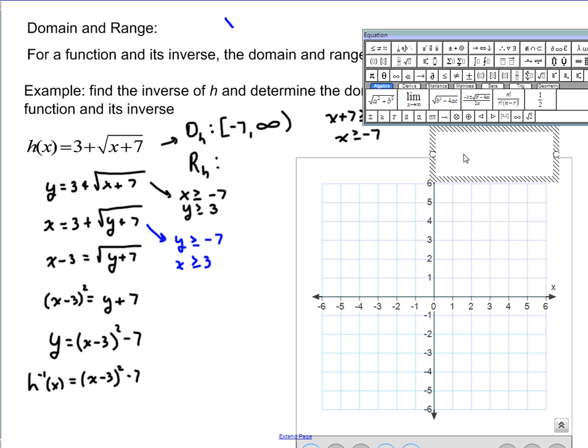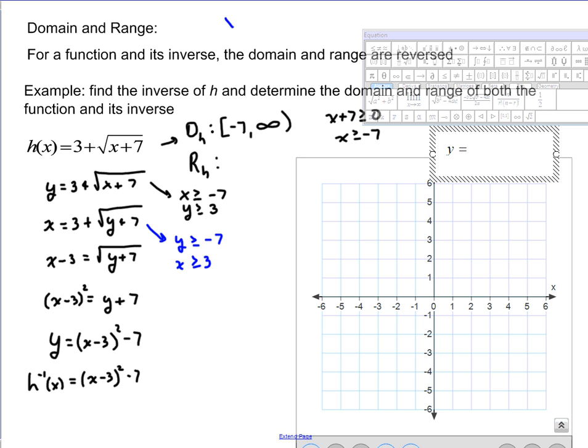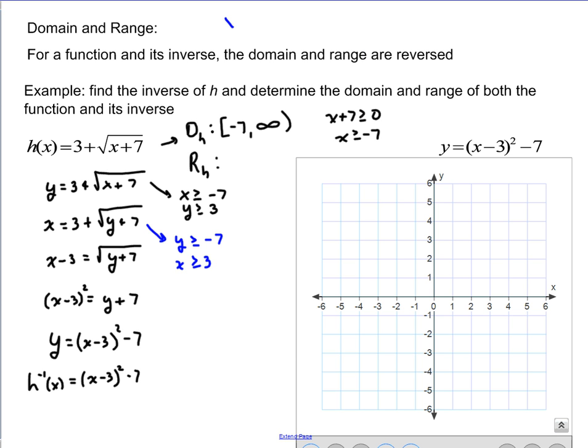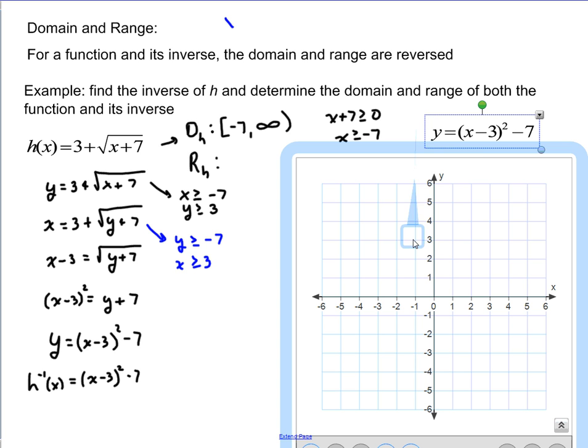We've got y is equal to the quantity x minus 3 squared minus 7. If we were to plot this graph,